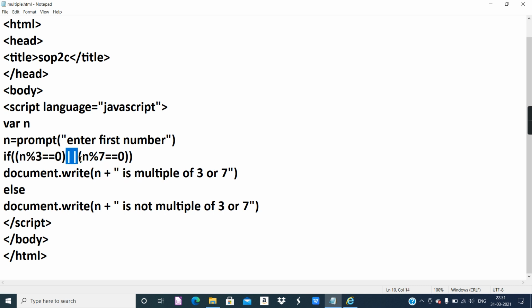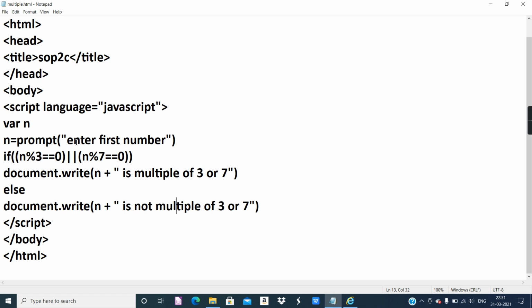And for OR, only one condition should be true. For example, you have a combination of 3 conditions. Only one condition is true and the remaining are false. Still the true part will execute. But that is totally opposite of AND. In the AND logical operator, all the conditions need to be true. Any one condition being false means it is going to directly jump to the false part and display the else part, this statement. So that is the minor difference between AND and OR. You can try both, and you can try with other numbers also.